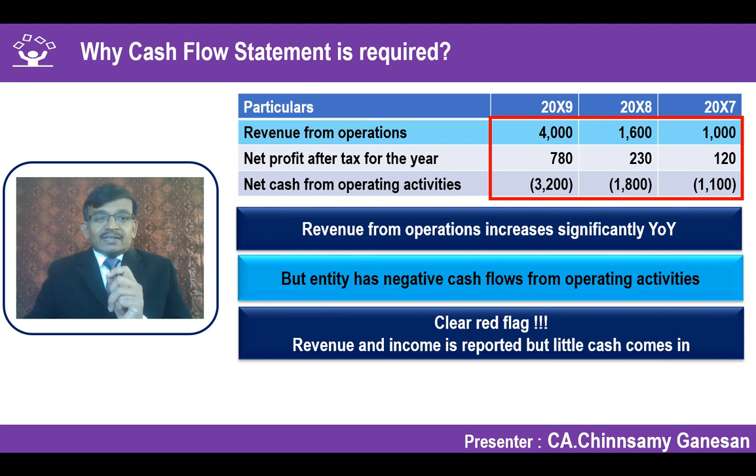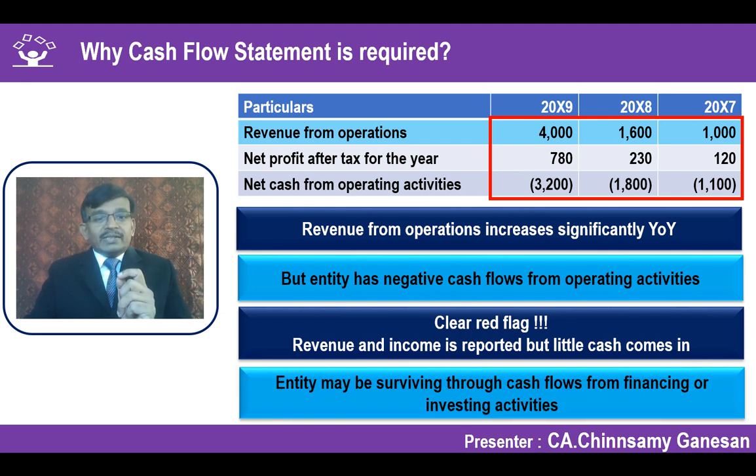This is a clear red flag as far as the company's operations are concerned, when the revenue and income are reported on a year-on-year increase basis, but only little cash comes in. How the company is surviving is the biggest question. Most likely, the entity may be surviving by cash flows from financing activities. That is, maybe shareholders are further infusing share capital, or it is raising long-term funds or short-term funds to survive